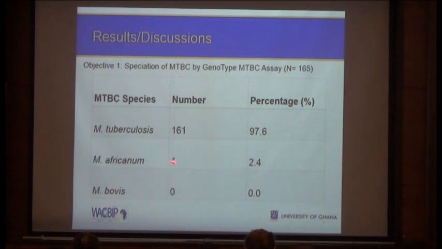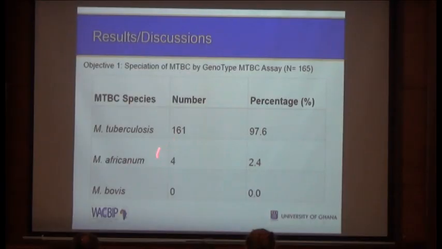But what we thought was that studies in Senegal by Diop et al. have also found that, even though M. africanum has regional variations, there are a lot of regional variations in M. africanum isolation, even in endemic countries. So it's possible that even though previous studies have a rate of about 17 to 20%, there are other studies also in Ghana here that show 4% and 6%.